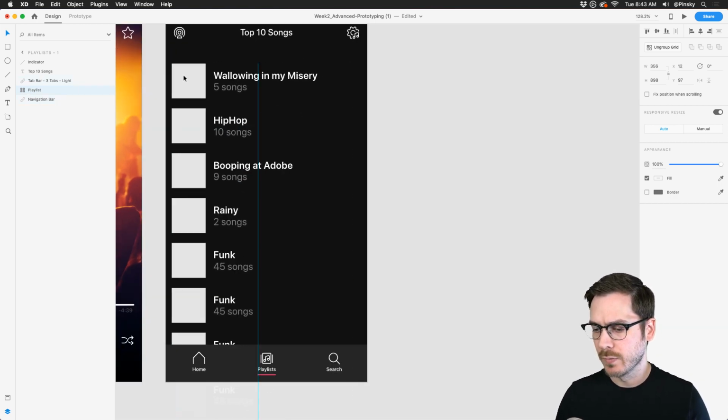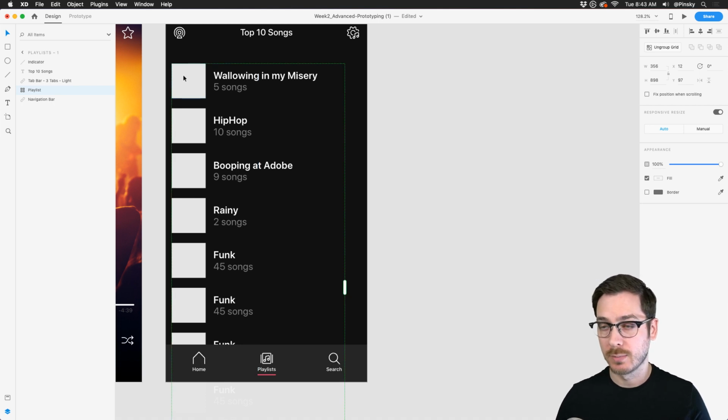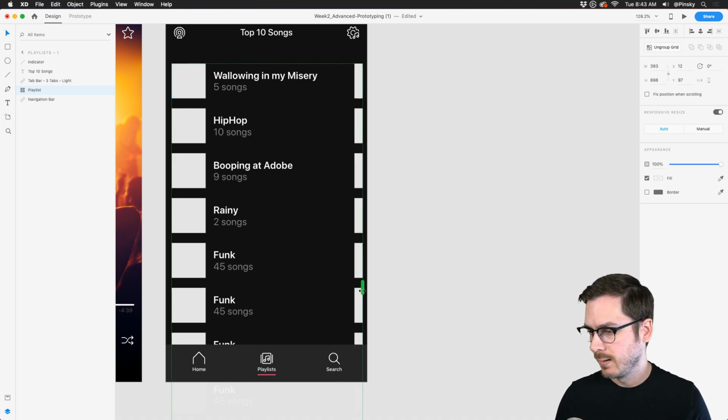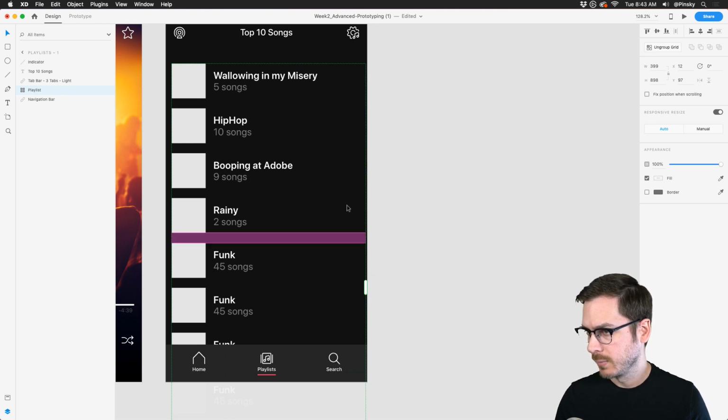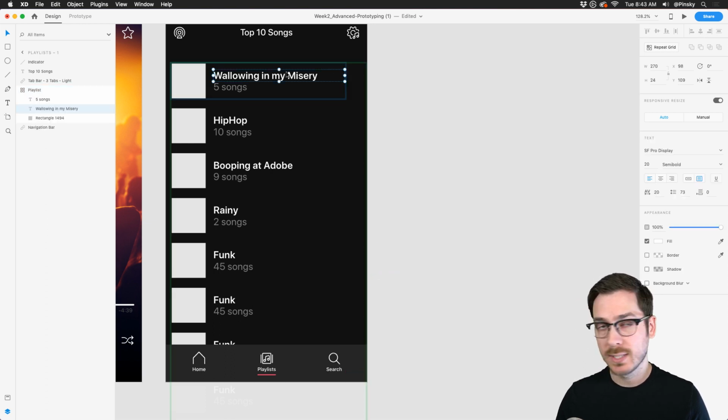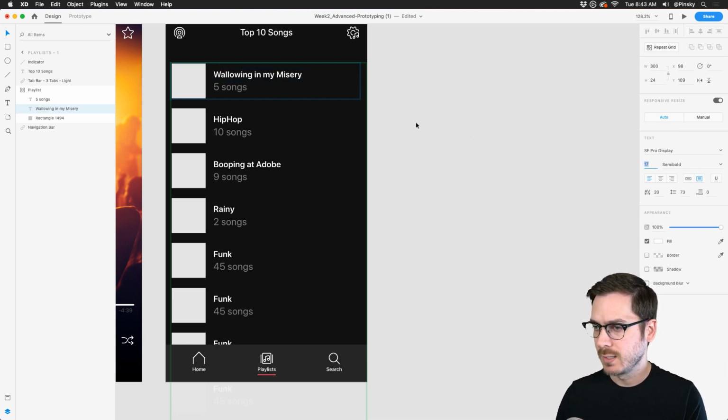I'm also going to move it over just a little bit because I know that the song titles are going to be a little bit long. I'm going to move this so I have a little bit more room. Perfect. And I want to make sure that I'm using area text and it's as far over as I can, because again, the song titles are going to be a little bit long. We want to make sure there's a little bit of room. And I'm going to decrease the font just a touch. Okay, maybe a little bit more than a touch.